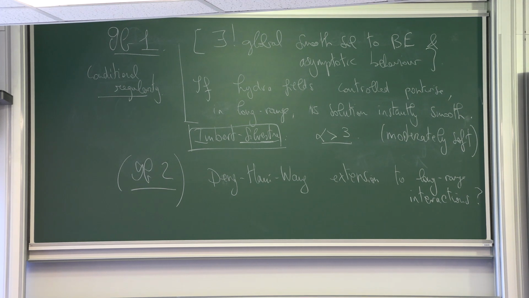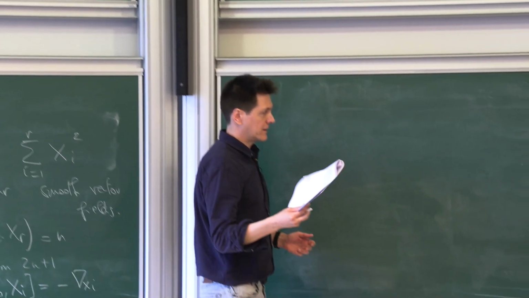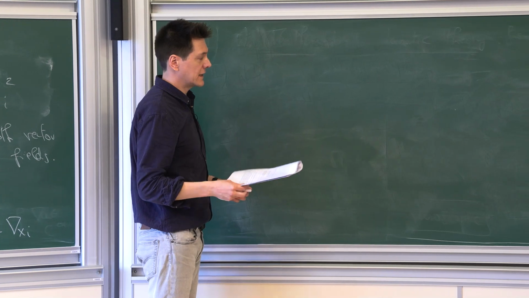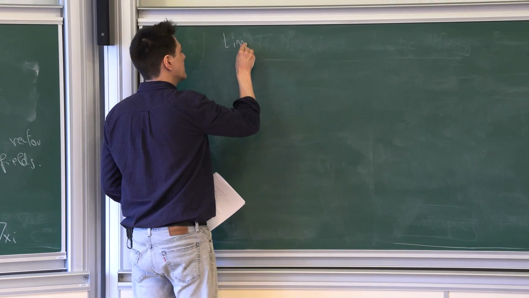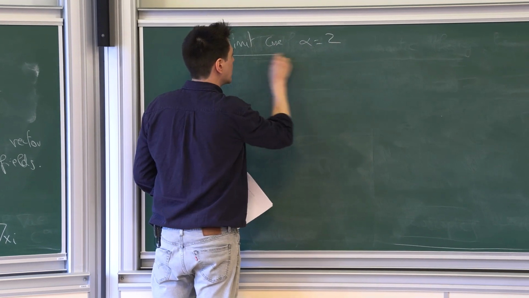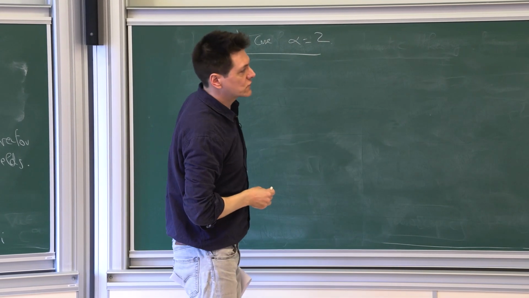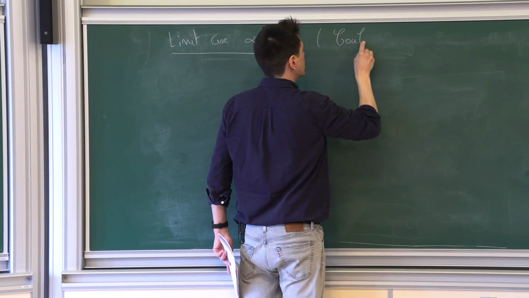Now, because in this course I'm not sure I will have time to really deal with non-local operators, I want to present the second main motivation, which is the way I started working on that with François, Cyril, and Alexis, which is the limit case alpha equals 2, which is the Coulomb repulsive interaction.